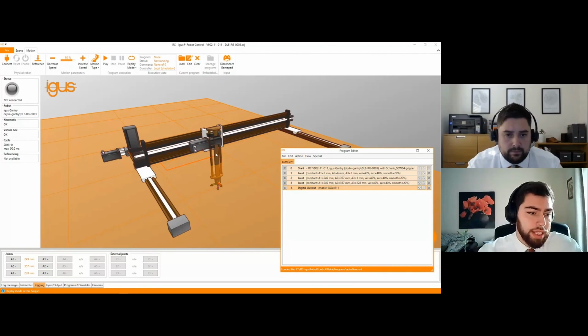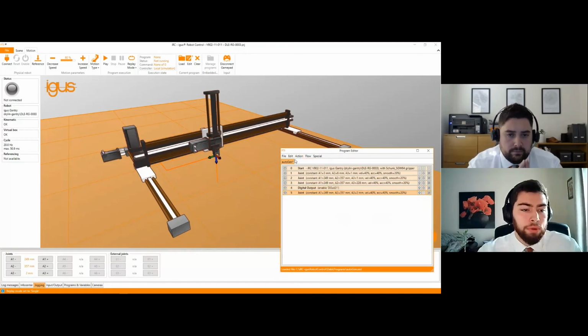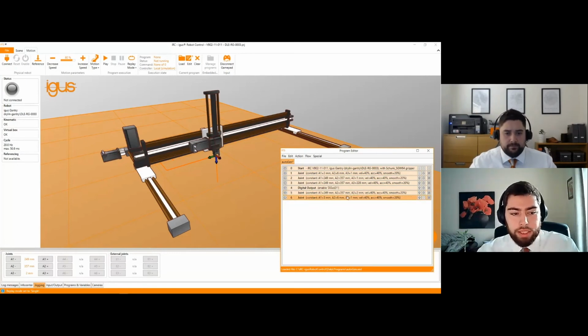Then I can move the Z-axis up, save the motion, and then move to the first point, to the start. So instead of, again, moving the robot, I can just press the line, press Control and C to copy, select the bottom line, and paste the motion. So it's very easy to copy, paste, and delete motions.